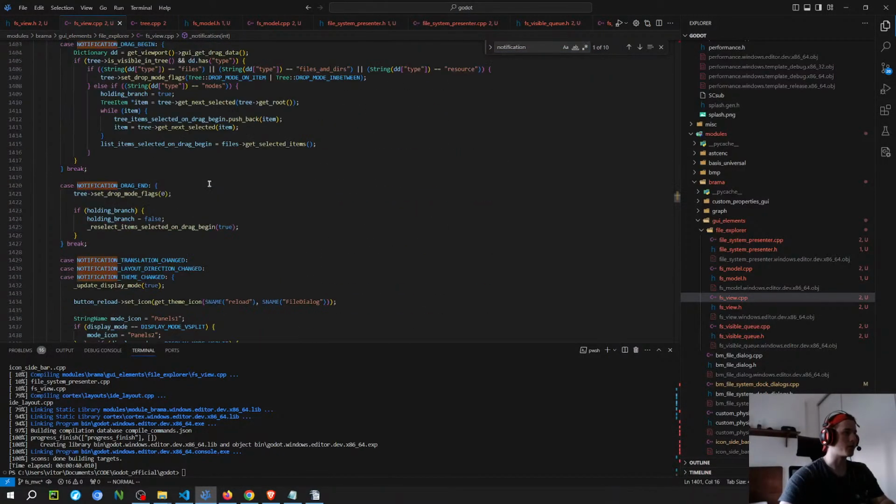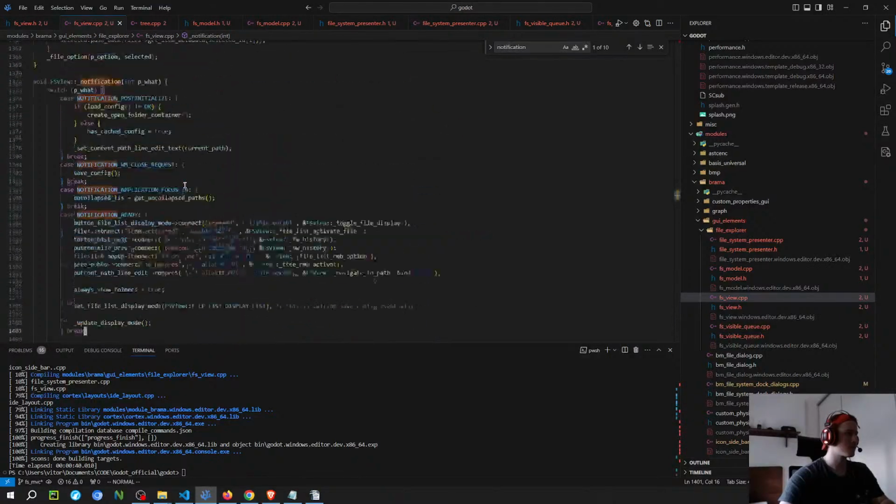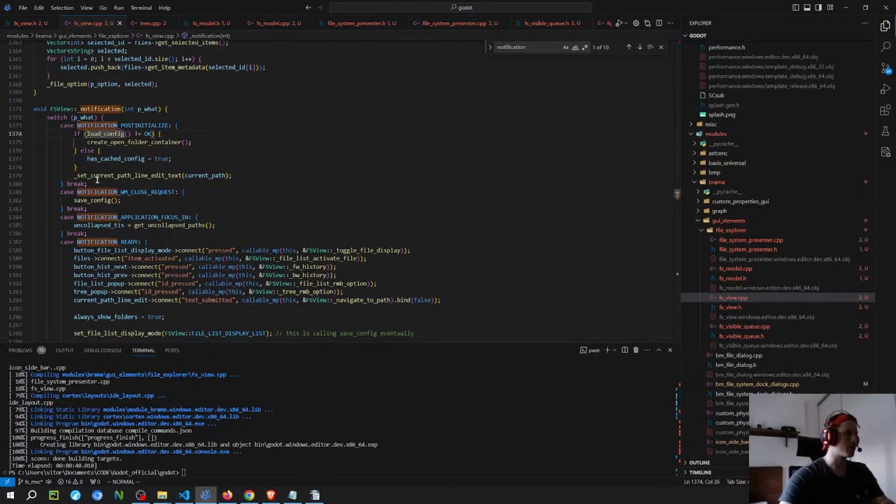I'll remove the notification process. I was doing based on this, so I'm just gonna move this to the other one. So try to load the configuration. If it does exist, create a button. So on the view, I probably have to do it. I'm just gonna do this from there, and then I call from the view. Instead of calling this function to create a button here, I call from the view. Actually, it's probably better to just set the flag variable, and